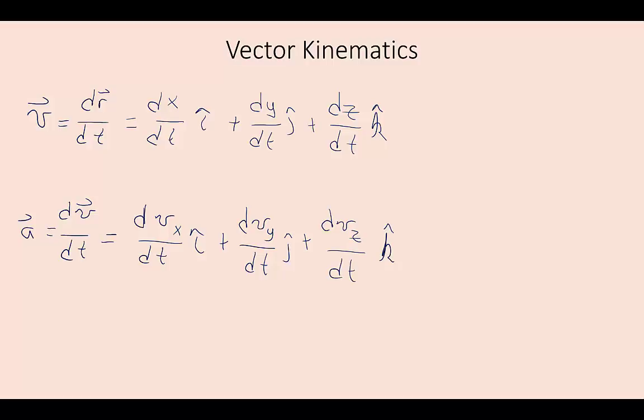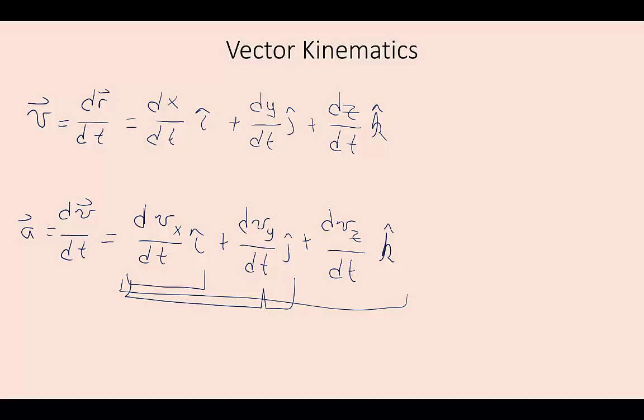Now you keep these equations in mind, and whether you're dealing with 1, 2, or 3 dimensions, you can still use these as your basis equations. Because if you're dealing in 1 dimension, then you would just have the first term. 2 dimensions, you'd have the first 2 terms, and then of course 3 dimensions, you would use all of them. So now let's get to solving a relative velocity problem